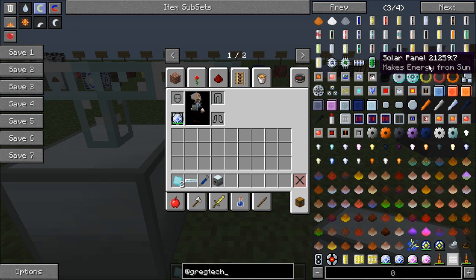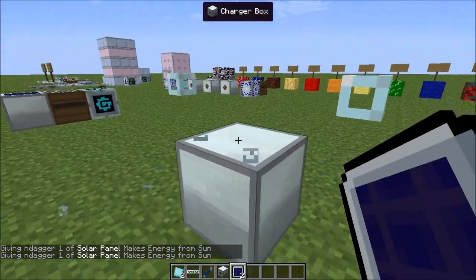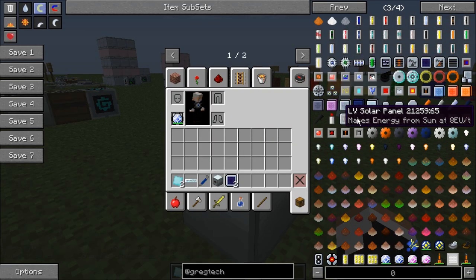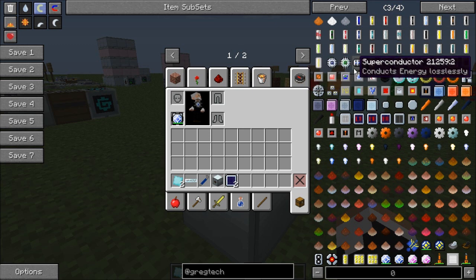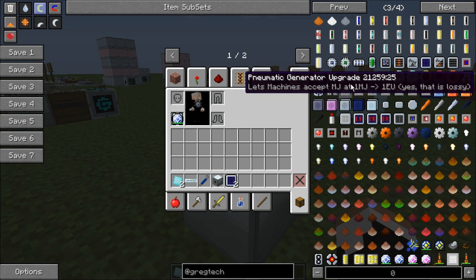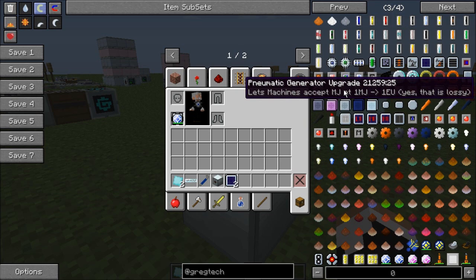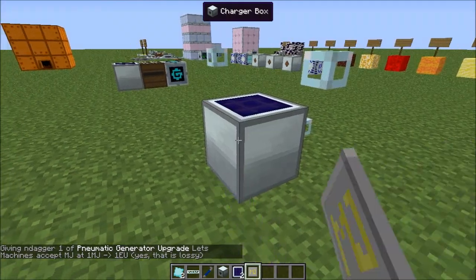For example, putting a solar panel on here will allow it to generate power in the sun. LV lets it generate at 8 EU per tick. MV is 64. HV is 512. I don't know why it's 64 for MV and 8 for LV, but it is. The pneumatic generator upgrade allows this to accept Minecraft joules instead of EU. So if you're producing tons of Buildcraft power, this upgrade allows you